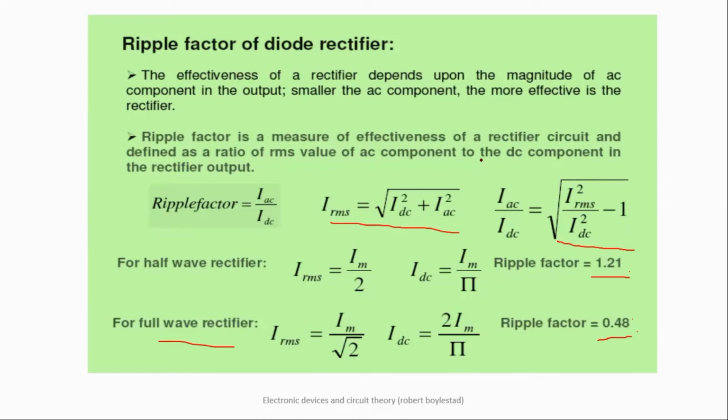In the coming classes, we will be working on several aspects, like how you can smooth the output, because your output is not smooth. Your output is like this, but your desired output is like this. So what are the things you are going to do so that you get a perfect DC or pure DC? In the coming classes, we will be discussing filters and maybe a few numericals on the basis of the knowledge which we have gained in this class.